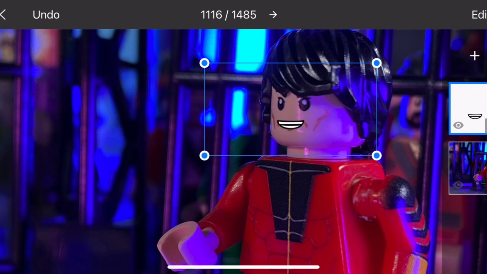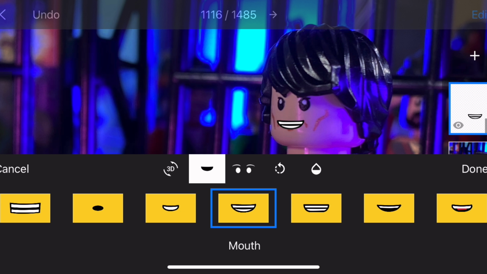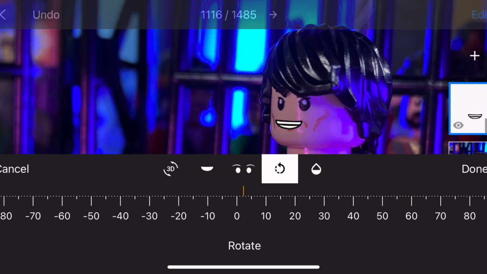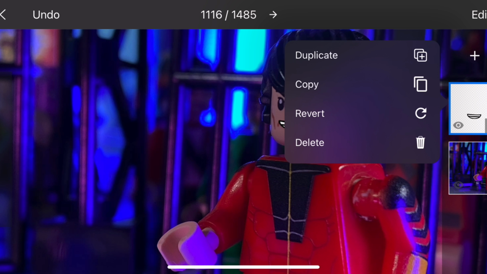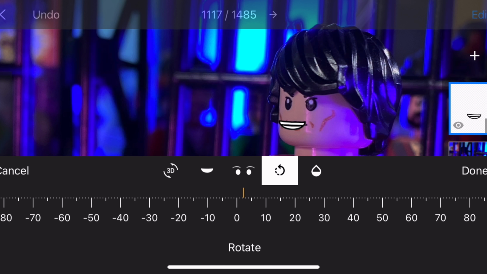So that way the mouth lines up and it's a little slower, so it's not like every single frame is a new mouth. And as you can see here, there's a rotating option, and you can just readjust the mouth a little bit, just fine adjustments to keep it looking smooth. So go ahead and copy that and paste it onto your minifigure again, just so you can change to the